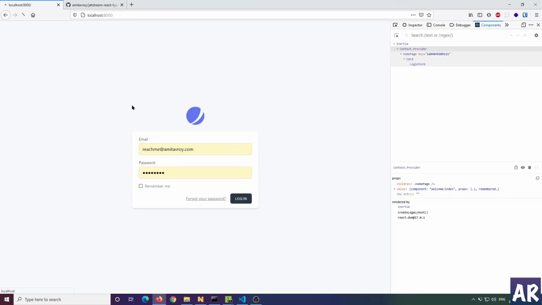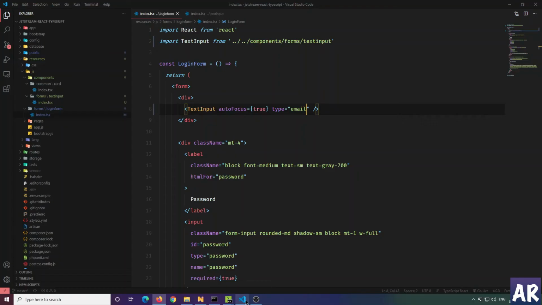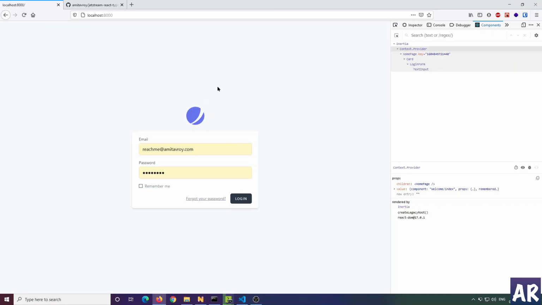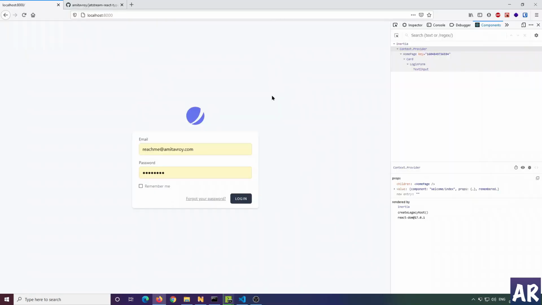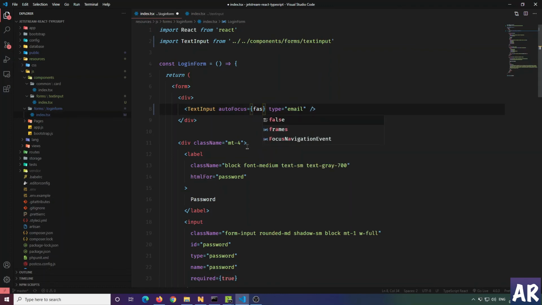Come over here, and it is working or looking exactly the same. So let me try to do some changes. Let's just say this is false. And now if I hit refresh, you can see that the autofocus is gone. So that functionality is built in now. I can change it to true, and the autofocus is in. But if I do it false, it doesn't. Similarly, I can have it as password